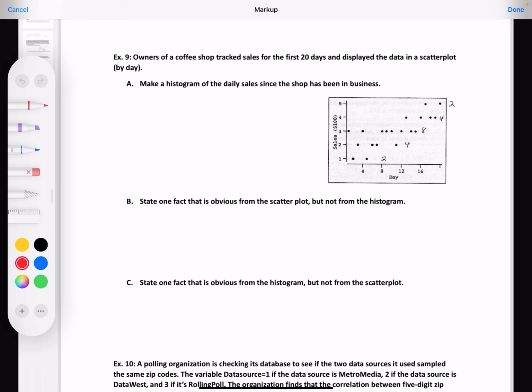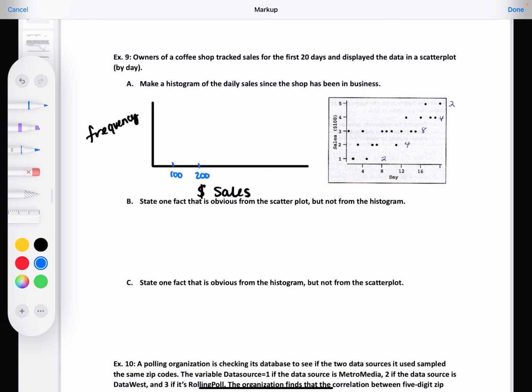These numbers here are how many of each day we had at that amount of money, just so that you can see it. This would be something you would have had to write in yourself, but it was just on the picture, so I just copied it over. So all we're going to do is take this and flip it to make a histogram. So we're going to have frequency, and we're going to have sales,